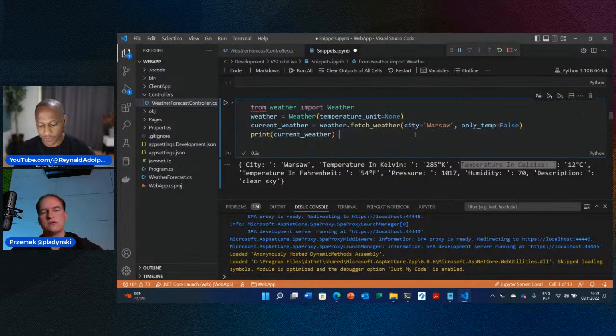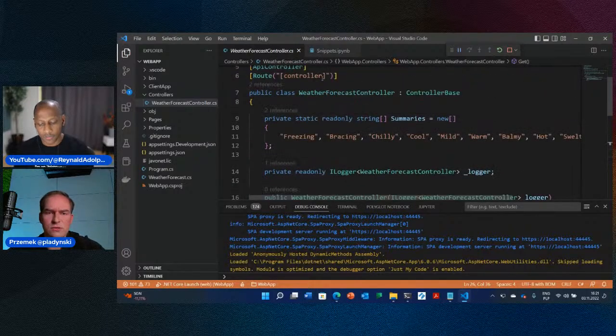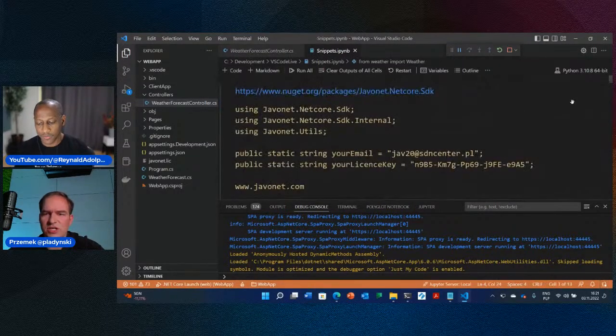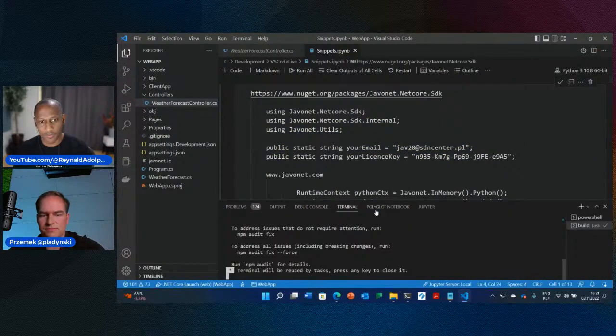And probably somebody would say that to use it from .NET, you would need to expose it through a web service, consume it through the web service, and then use that in .NET. But we are building the backend for an application which is already a web application. We just want to use that dependency, just have the ability to pull in that weather. So the same as previously, we can just add Javonet to the project. So let's stop it for a second.